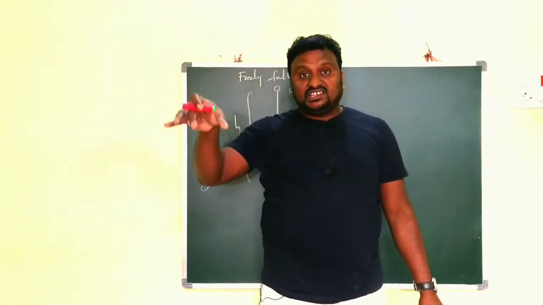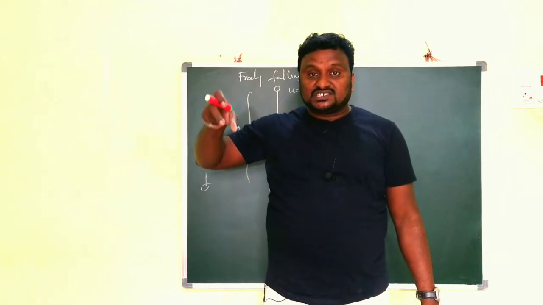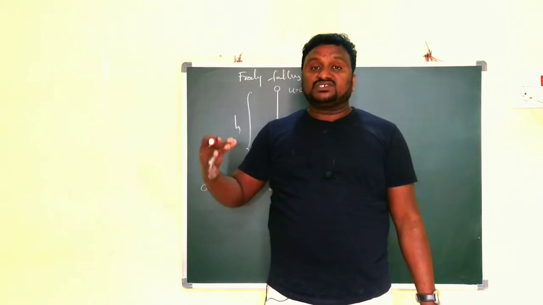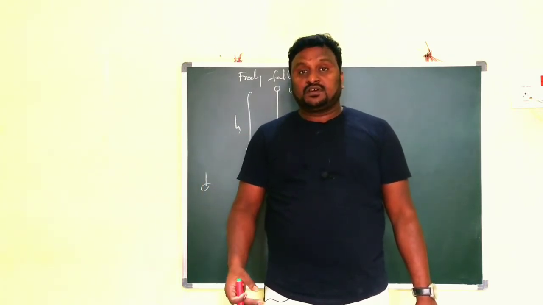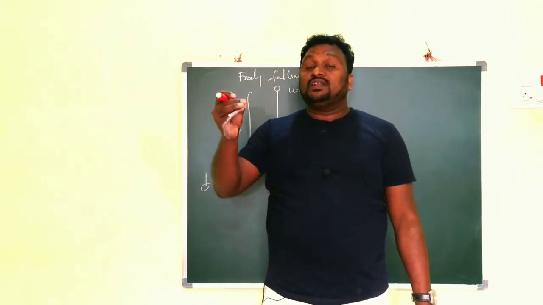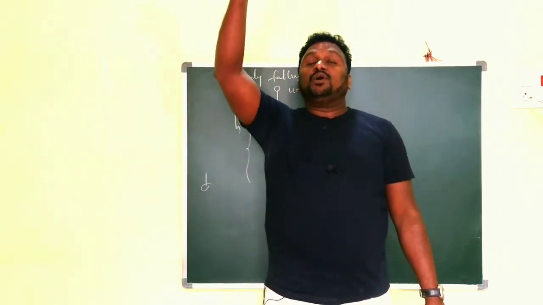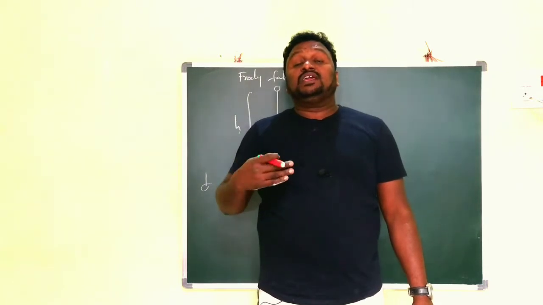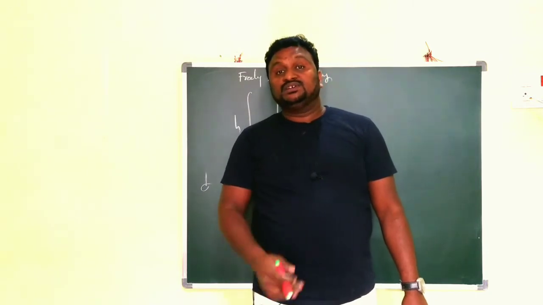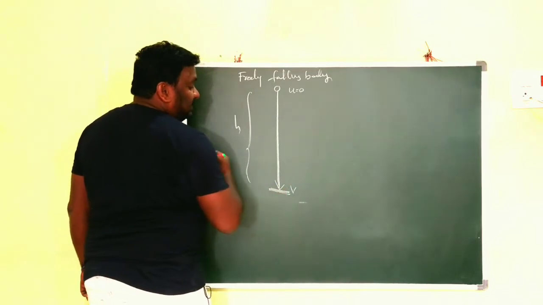When the ball strikes the floor, there should be rebounds. Why? Because when it touches the floor, it has some velocity. With a certain velocity, the ball strikes the floor. Clear? So my aim is to say here, when the ball strikes the floor with a certain velocity, what does that mean? While the body is freely falling from a certain height, the body has some velocity on striking the ground. Clear? So children, there is some velocity of the body while it reaches the ground.